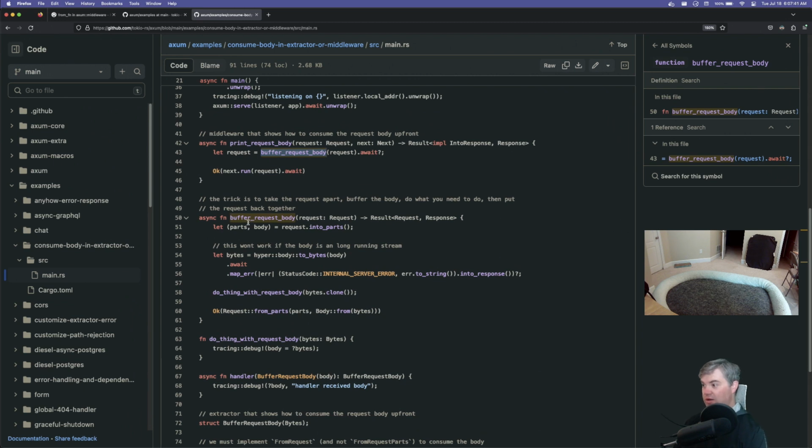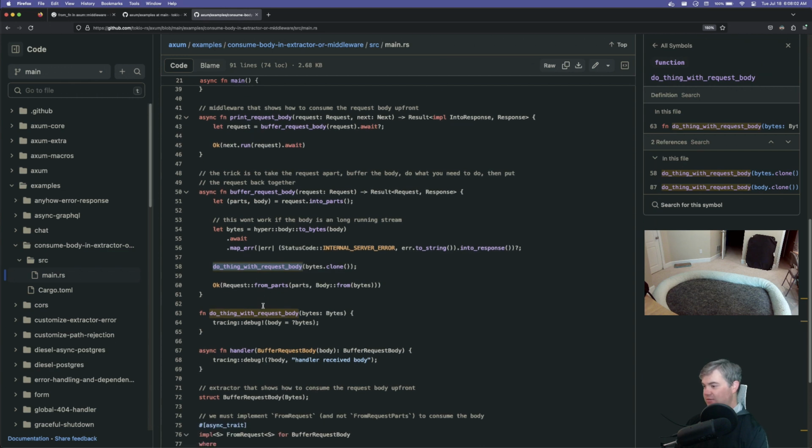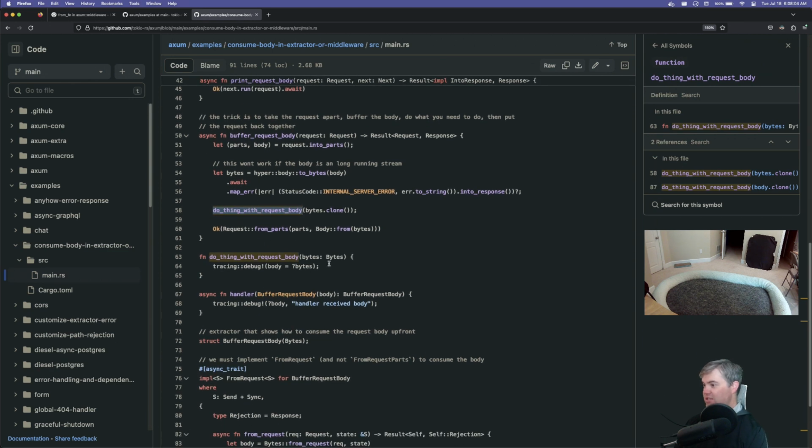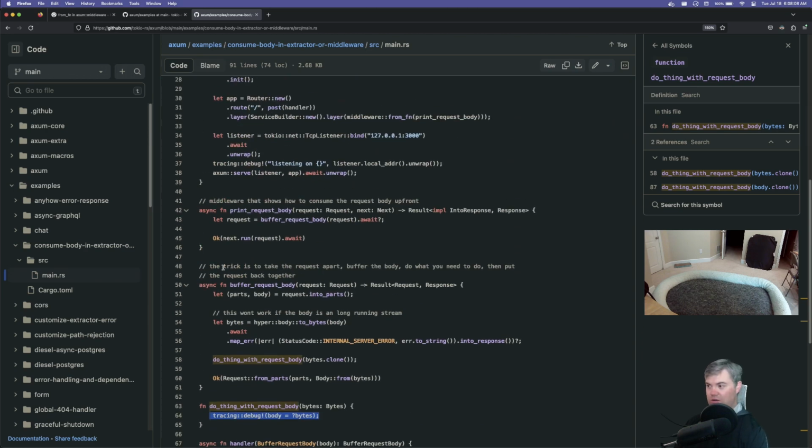Oh, okay. So async function buffer request body takes the request in, gets into parts, into bytes, then we do a thing with it, which just debugs out what the bytes are. Okay, so